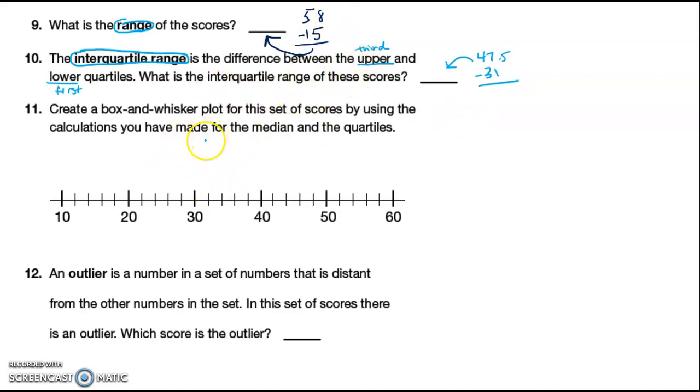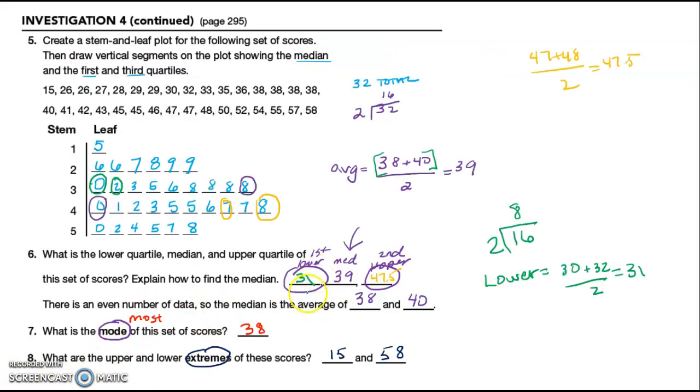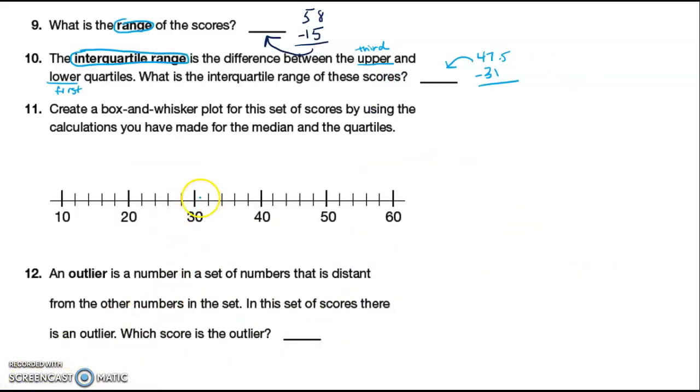Let's create a box and whisker plot for this. So what is the median? Let's go back. The median is 39. Let's put a dot there. So this is 1, 2, 3, 4, 5. So this is 32, 34, 36, 38. That's 40. So 39 is going to be about right. We'll just put it here, I guess. Okay, so that's the median. I'm just going to put a little dotted line. Median,